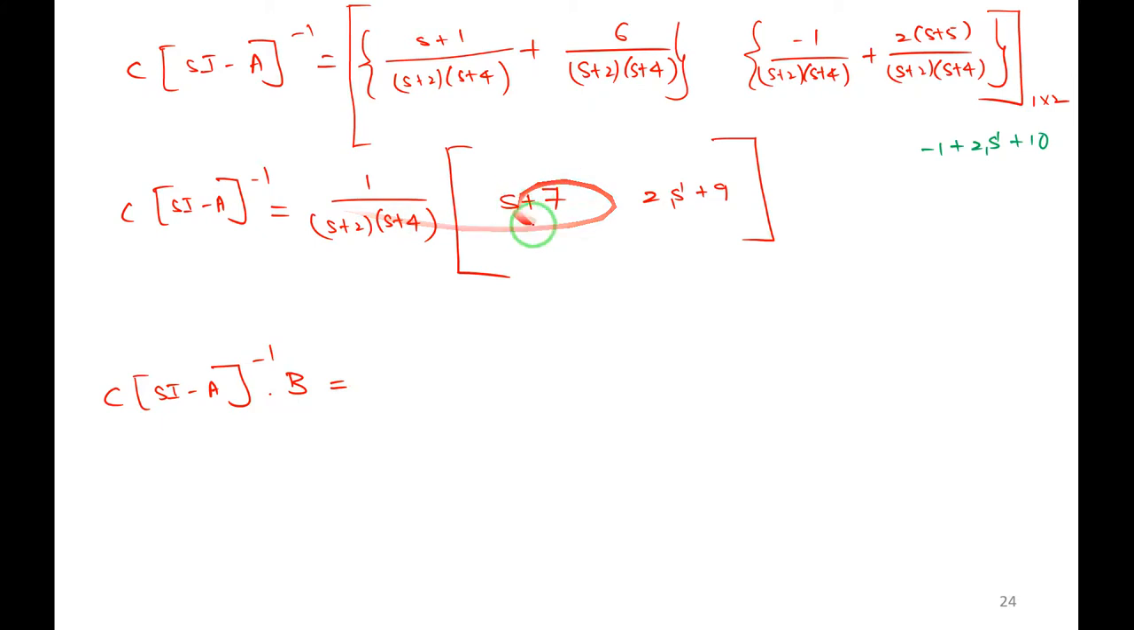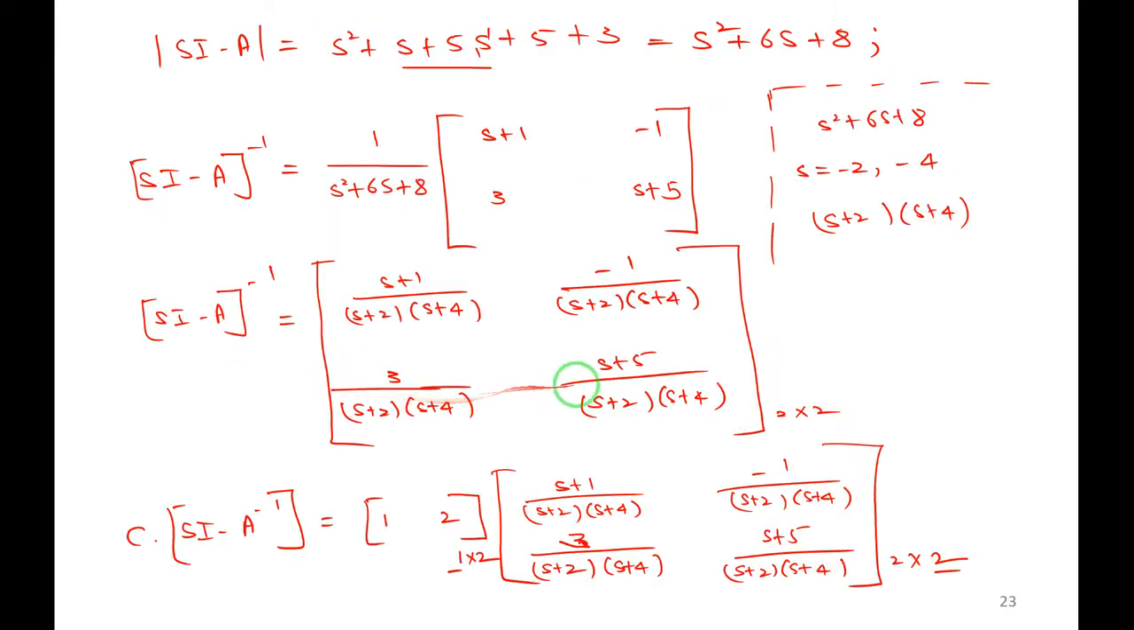So C into (sI minus A) whole inverse, I am getting this. Let me write it: 1 by (S plus 2) into (S plus 4). I will keep it outside only, right? Later on I will multiply. So (S plus 7) into (2S plus 9)